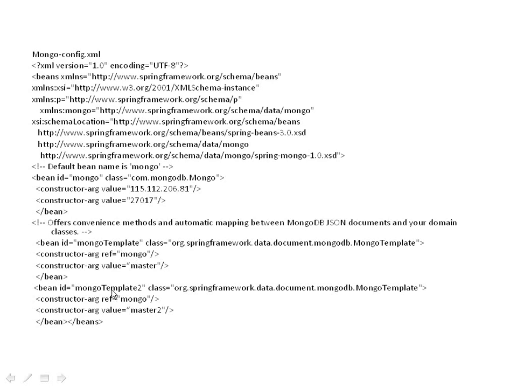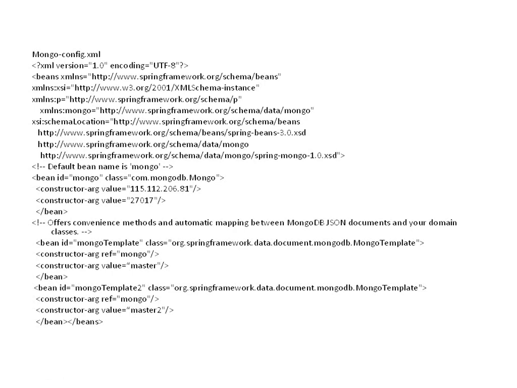So similarly, I can define many other templates in which I can define where my server is running and which database to connect. So there can be n number of beans in which I can define where my server is running and to which database it should be connected. Here you can see, unlike any other Java application where we are strictly bound to one database, you can connect to any number of databases you want to. You just need to create templates.